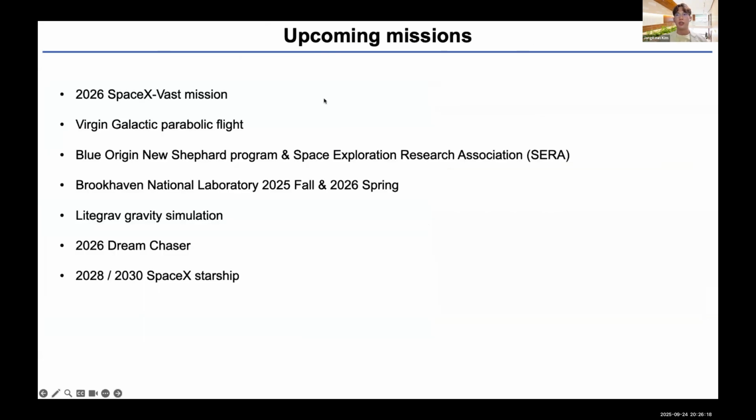We keep moving with generating more space omics data, developing countermeasures, and understanding more and more about how spaceflight affects the body. There are multiple missions we are waiting to join: the SpaceX Fast mission or the Virgin Galactic mission, the oldest one would be next year's Dream Chaser, and another one would be the SpaceX Starship mission.